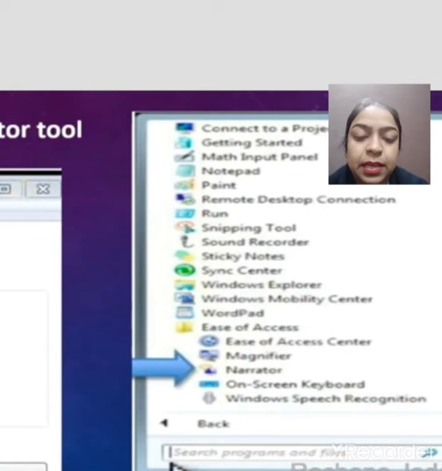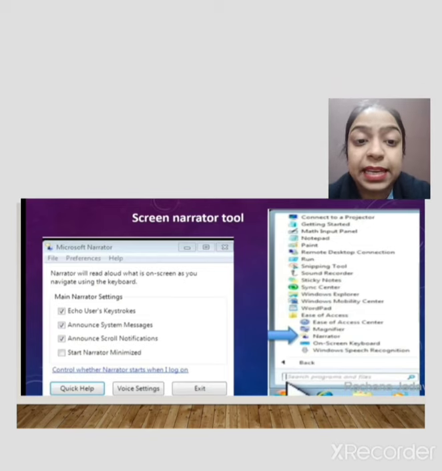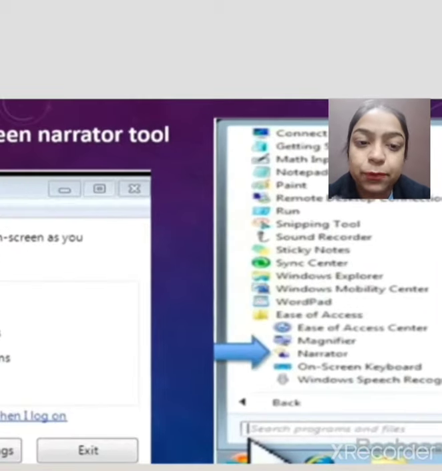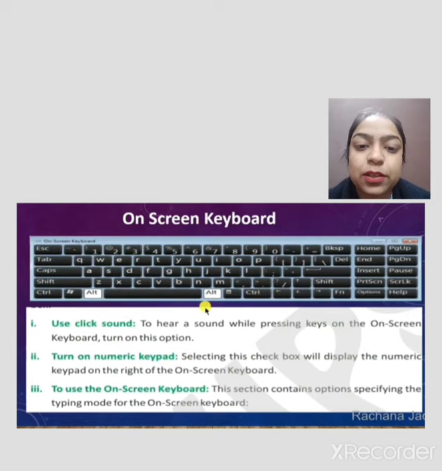Yes. Next one is the screen narrator tool, which means all the things are available on the screen. If you are working with any tool, you are able to see the tools available on the screen. For the same thing, you go to the start menu, and you will see the narrator option.